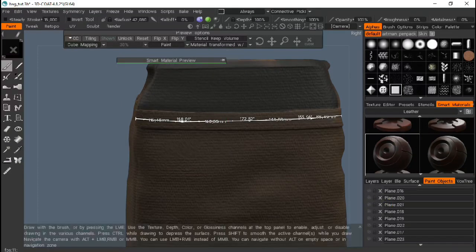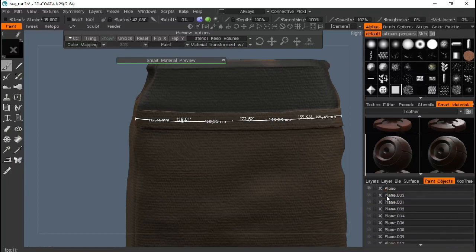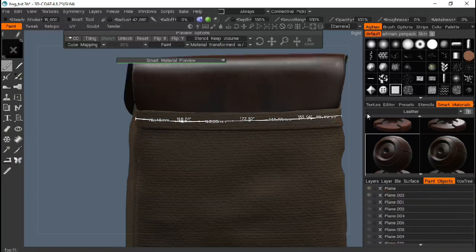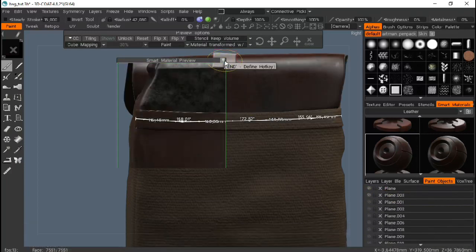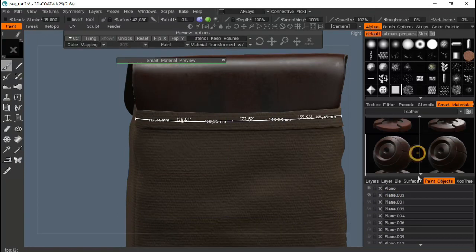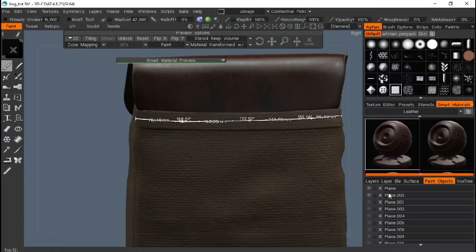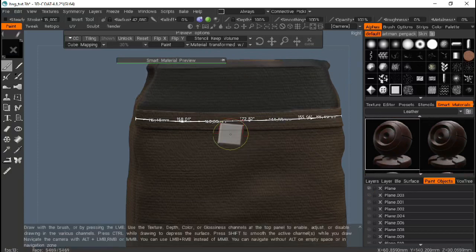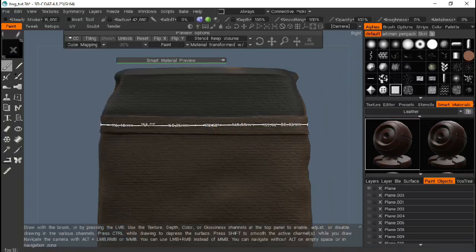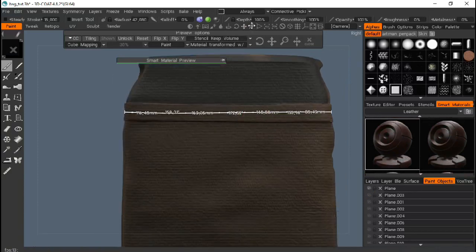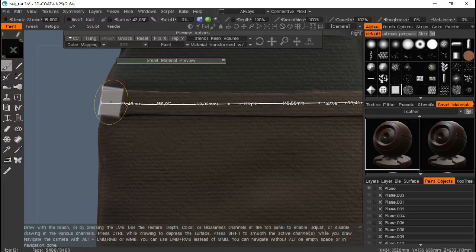Now this is the way, if you want it, because the material on this strap has to match the closure. So yeah, if it looks good, it looks good. Okay, I like it a lot. Perfect. So you move the closure part and press numpad 6. And now we're just gonna be painting. So move closer, and then